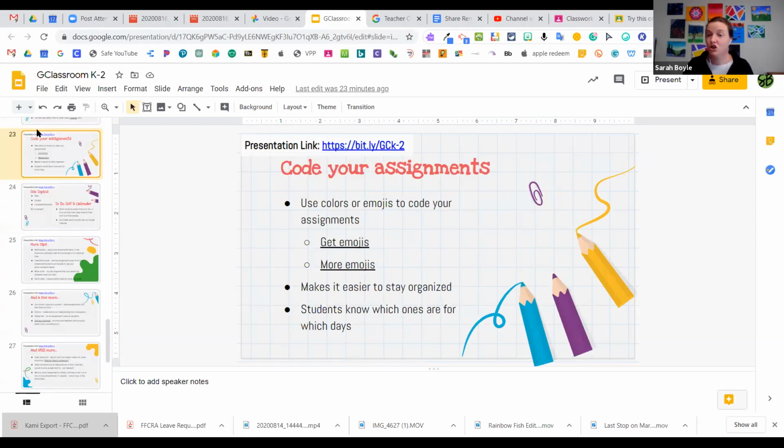A lot of teachers have started coding their assignments, and what that means is they're using emojis or colors or symbols to show the kids, this is a math assignment, this is a reading assignment, this is a science assignment. Or they're using specific colors for, if it's red, it's a Monday activity. If it's blue, it's a Tuesday activity. Whatever system works for you, you can use those color coding strategies. And there's 2 links here on how to get those little emojis. Basically you go to the website, you find the emoji or symbol you want, you copy, and you paste it into the title of your assignment. It makes it easier for you to stay organized and for them,